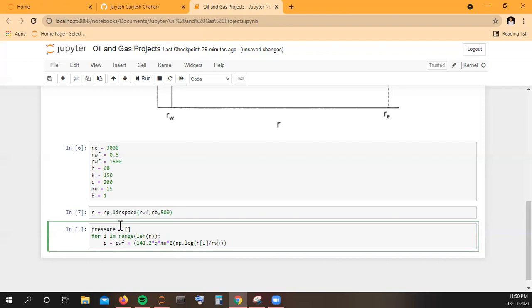Care needs to be taken here because there are certain brackets that have come. After that, this whole term will be divided by K and H. So I think my formula is right.